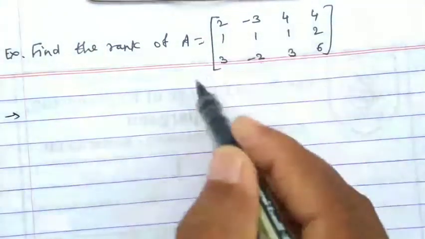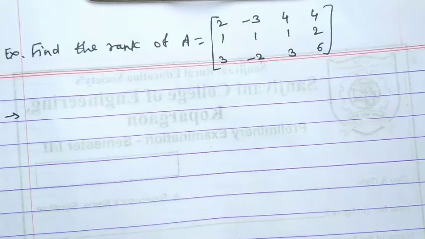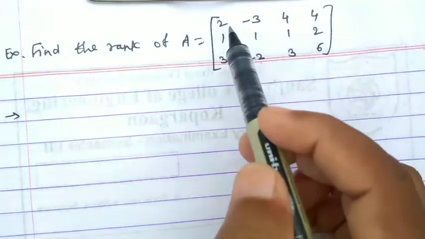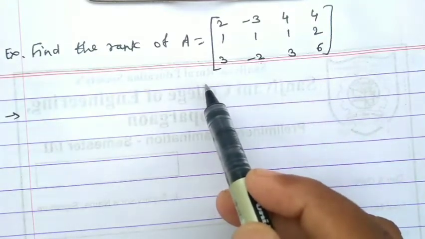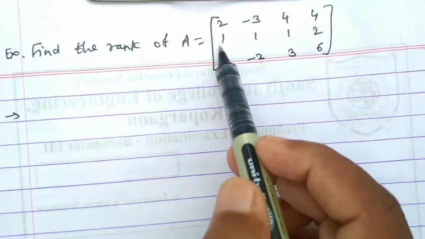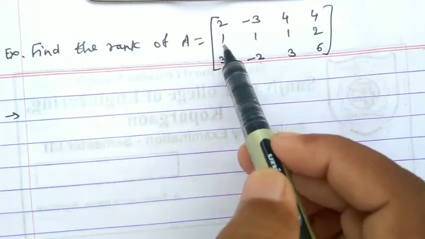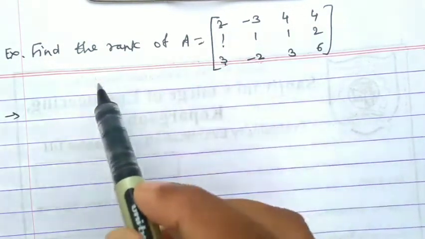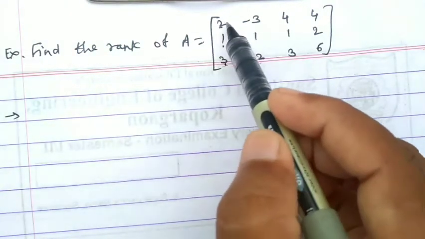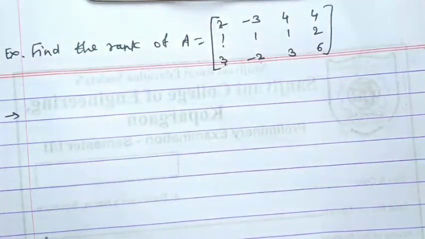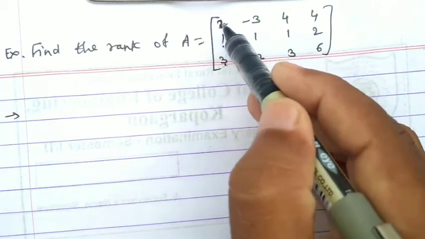So see, given matrix A, we have to convert this matrix into echelon form or upper triangular form. So for that, below the first non-zero element we have to make 0. Now here the element is 1, here the element is 3, and this entry is 2. To get simplicity in calculation, we have to make the first entry a 1. It is not necessary, but to get simplicity in the calculation, here we have to make 1.